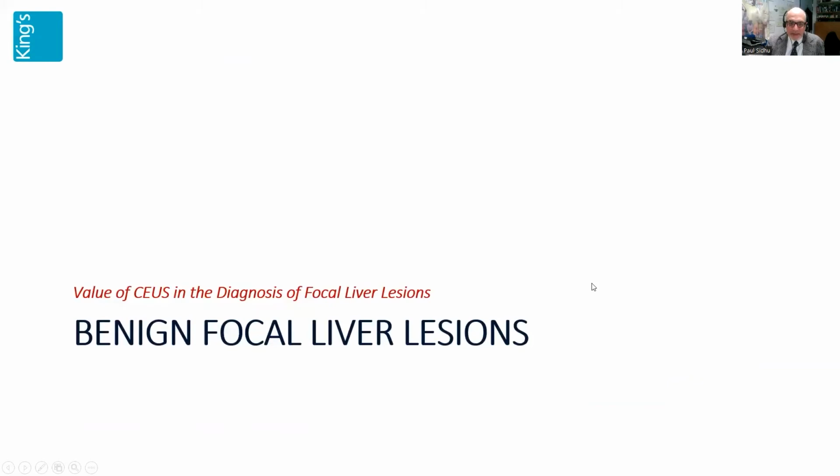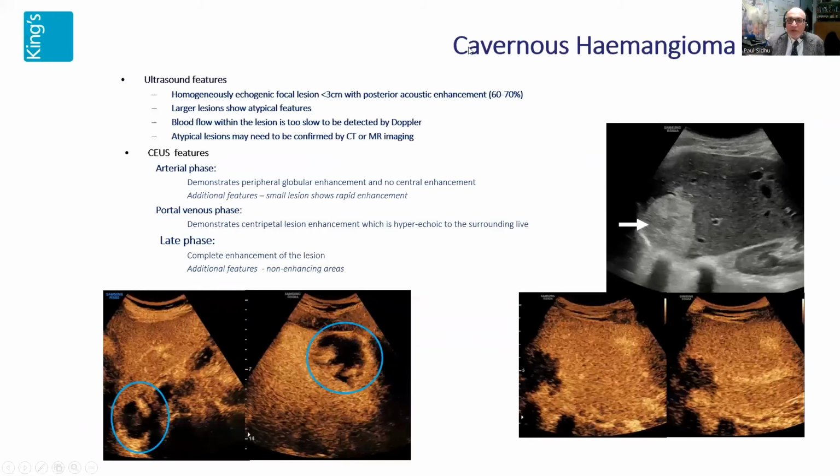Let's quickly look at some benign liver lesions. The most common lesion you're going to be seeing is a cavernous hemangioma, and quite often they're not quite so large as this, but pretty characteristic in being echogenic and close to the liver surface. This is changing with the current demographics of patients where fatty livers render the increased echogenicity of the hemangioma less obvious, and quite often these lesions are isoechoic or even hyperechoic to the liver. But the characteristic infilling and globular enhancement and gradual disappearance of that lesion is easily visualized with the contrast-enhanced ultrasound